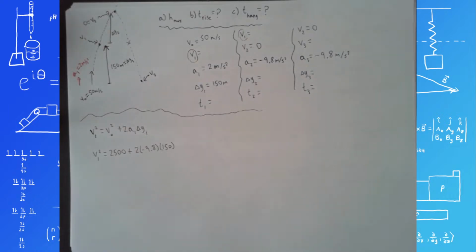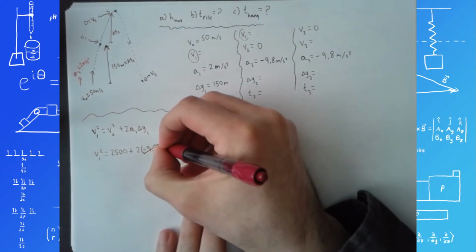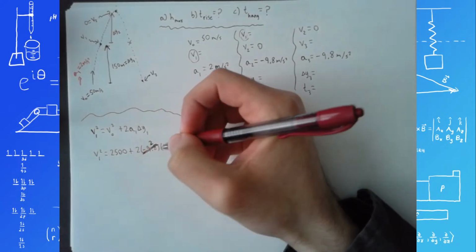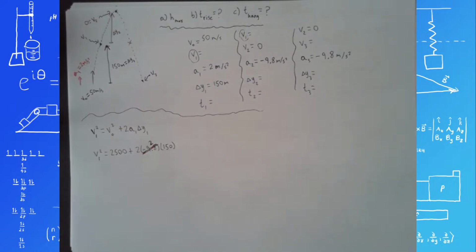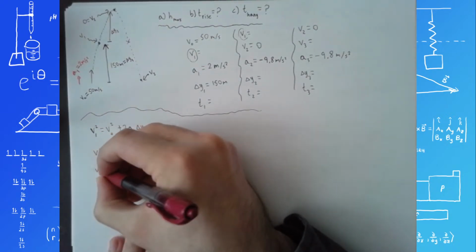It's not negative 9.8. It's 2. See, I make mistakes too. And I've been doing this for over a decade. There's no such thing as getting to a point where you never make mistakes. The best you can do is just get better at catching mistakes. Okay, now let's try that again. 2500 plus 2 times 2 times 150 is 3100. There we go. So v1 squared equals 3100,